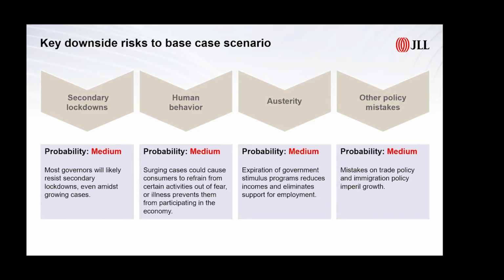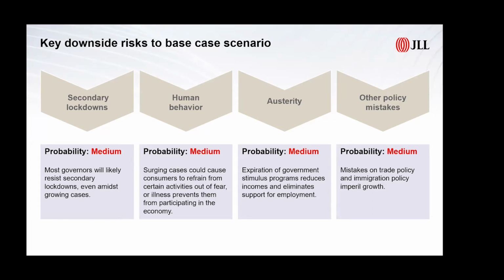The second key risk is what I'm calling human behavior. The idea that certain individuals will decide just to opt out of activities out of fear of falling ill. Right now, Todd and I were discussing this before, there's no government edict that says I can't get on an airplane and go speak in front of an audience somewhere if we follow the local guidelines. But I'm not doing that because there isn't a really good, compelling reason to do that right now. And I'm not also willing to take that risk with my family. And not a lot of people really are right now. Most people, in fact, are opting out of activities like indoor dining and getting on an airplane. And that's a constraint on the demand side of the economy,